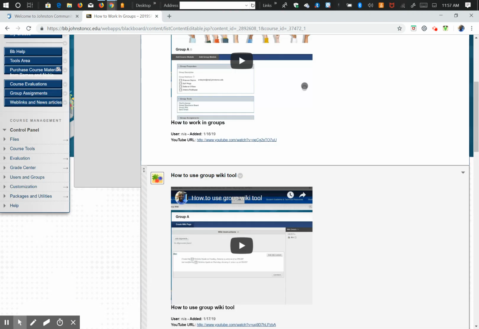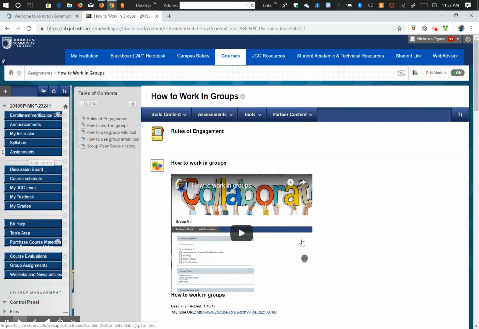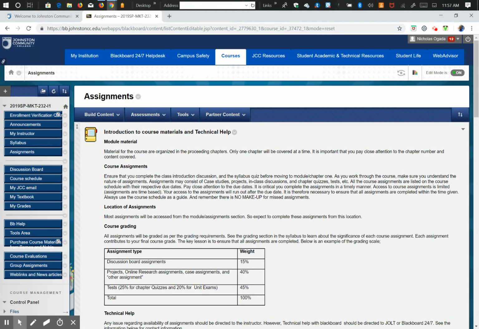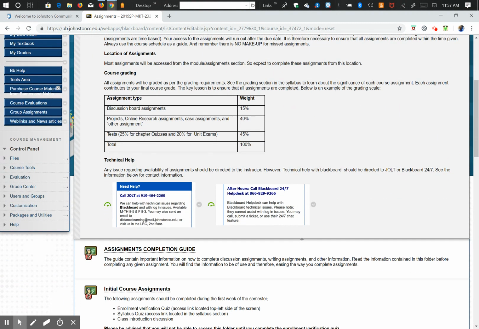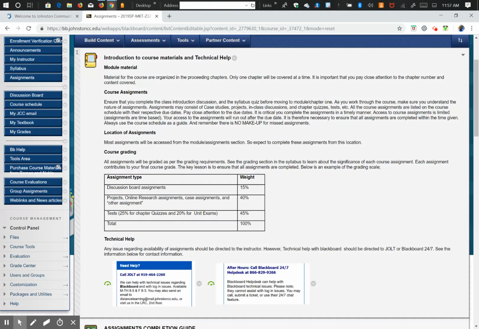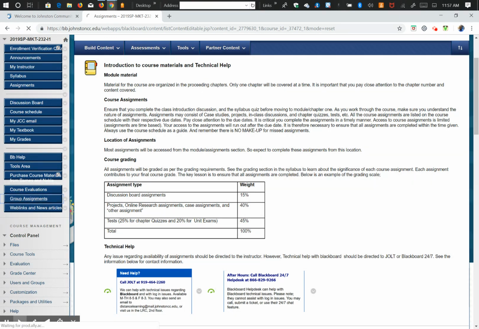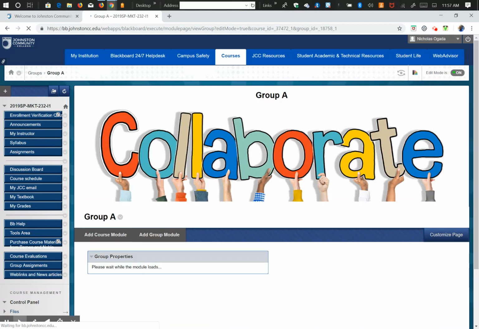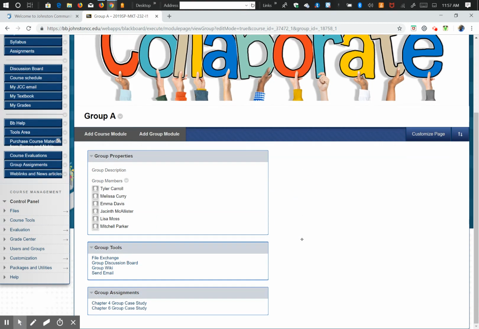Now I want to go back to your groups and just clarify and emphasize why clear communication within the group is very important. So if you go to group assignments again, I'm going to use group A as an example. In group A, just like any other group, you have access to file exchange, group discussion, group wiki,